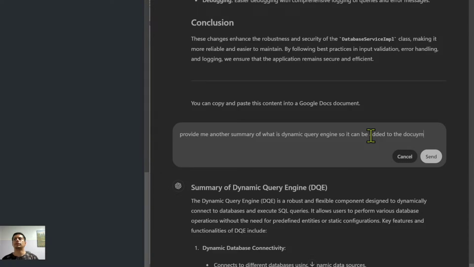To be added to the documentation. Indeed documentation. Get it out. I also want